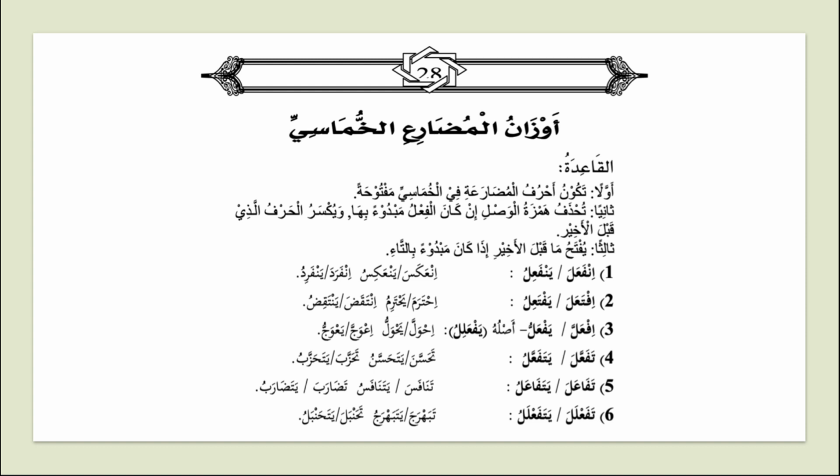So we're on page 28, Al-Qa'idah. The first one should be clear to us. أولاً تكون أحرف المضارع مضارعة في الخماسي مفتوحة. What is the meaning of that? By now you should be able to translate this or understand yourself. What is the meaning? تكون أحرف المضارعة. What is حرف المضارع? And what are those letters? An-8. في الخماسي